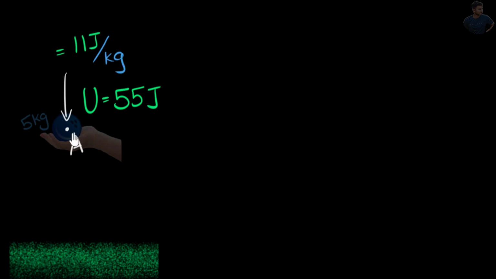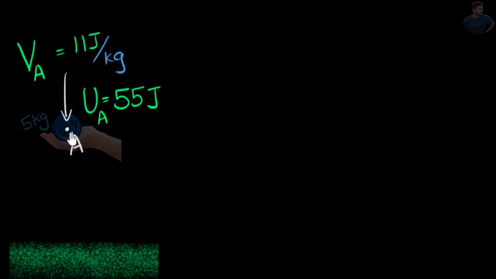What this means is if I were to keep 1 kilogram over here, it would have 11 joules of potential energy. And this number, how much potential energy you get per kilogram, is what we call potential. We will write A over here because this is potential at point A, and this is potential energy at point A. So do you see the difference between them? Potential is just the potential energy that 1 kilogram would have.